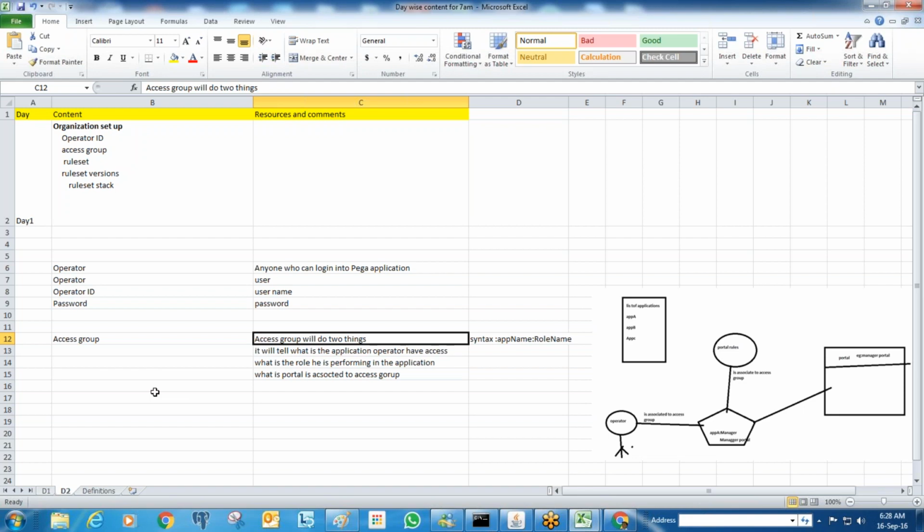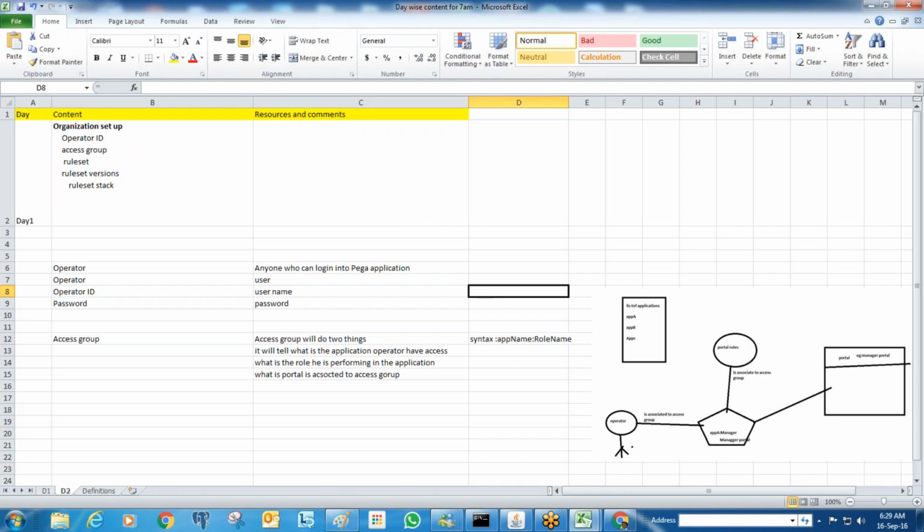The system will create the operators internally on the fly. You don't need to manually create those rules. The system will create the operators with those employee IDs. Pega works only on operators, because if we need to route some work, the routing can be configured based on operators only. Because of that, operators must exist, but we don't need to create them manually. The system will create them on the fly.